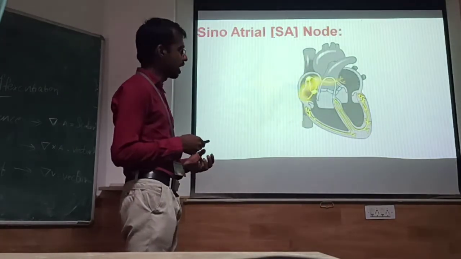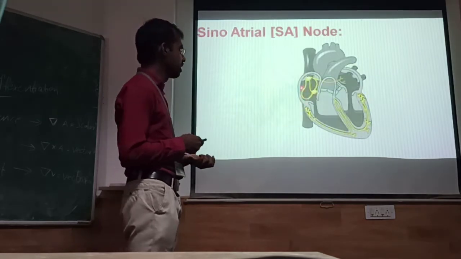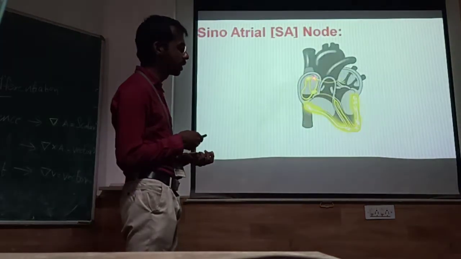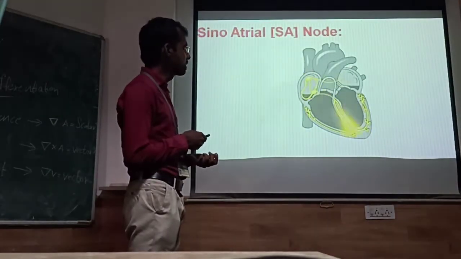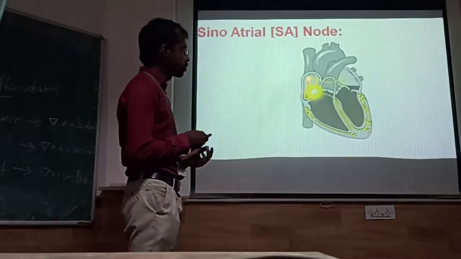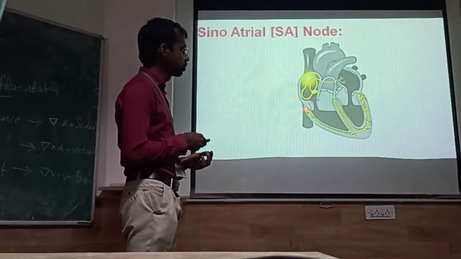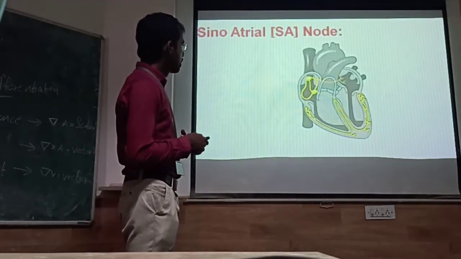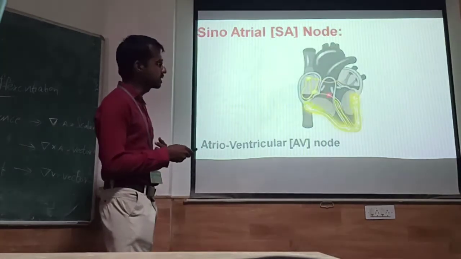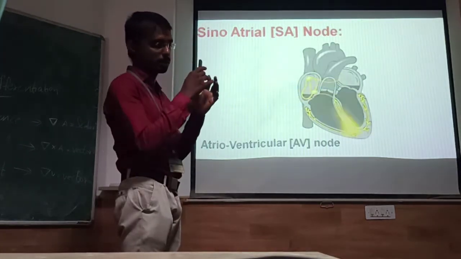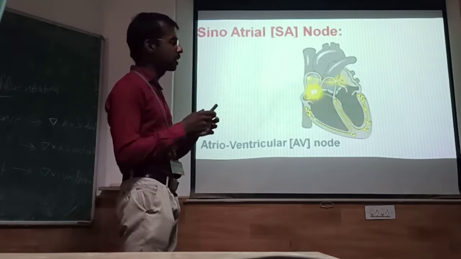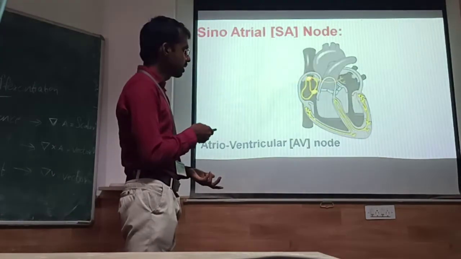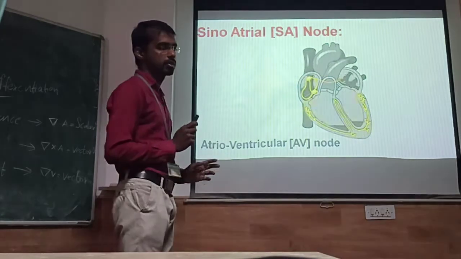The heart functions automatically from day one, right? If you ask how, there is something called the sinoatrial node. It generates a round top square pulse, which is driven throughout the heart through the nerves. There is also another node, called the atrioventricular node. This acts like a delay circuit: when the atrium is pumping, the ventricle should not pump, and when the ventricle is pumping, the atrium should not pump. When the signal comes here, it takes a delay and then it goes here. So this was the basics.